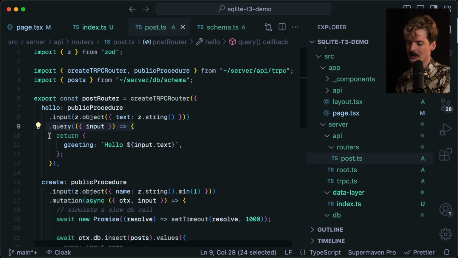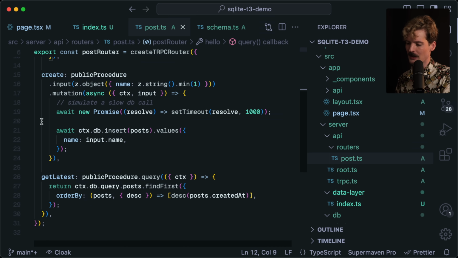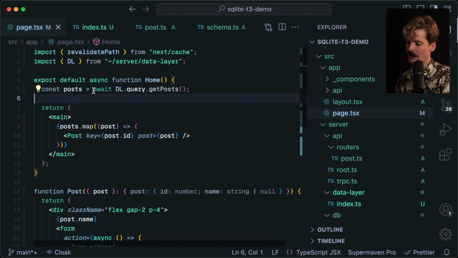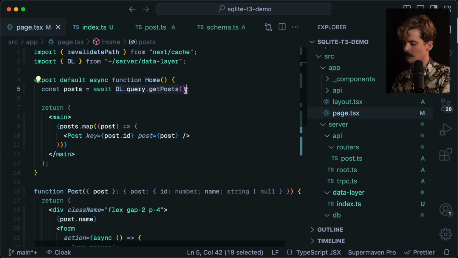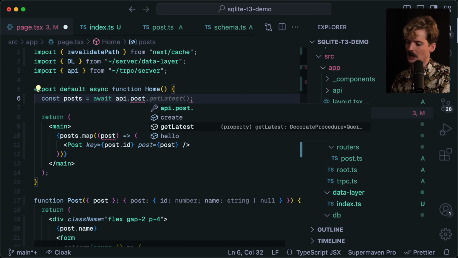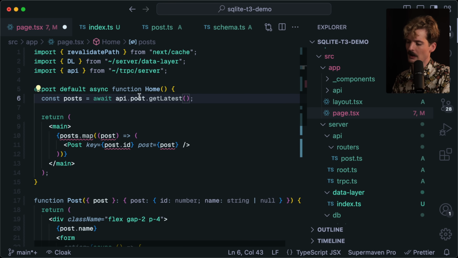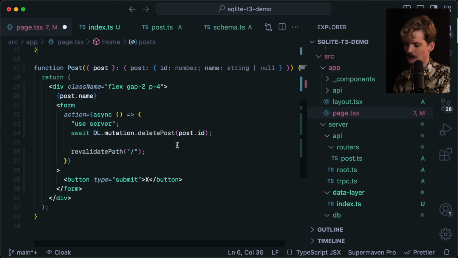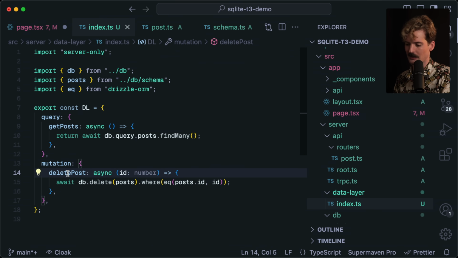So we call .query to make a thing that's just for fetching data. We call .mutation for a thing that makes changes to data. And this pattern works great. In the same way to DL.query.getPosts, I could await the tRPC API, which we just call API in these projects, .posts.getLatest. And it works the same way. This is just one post, but if I command click, because again, tRPC is magic, you can just command click there, which obviously does also work with the simple example I was doing here. We can get straight to the place the thing came from.